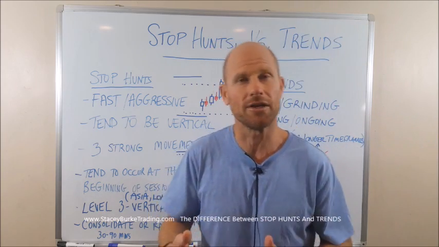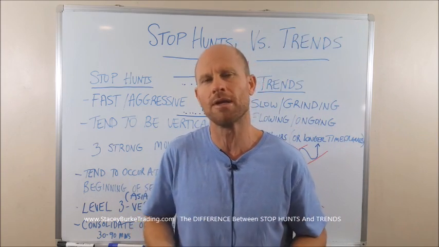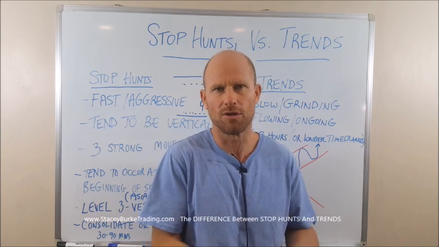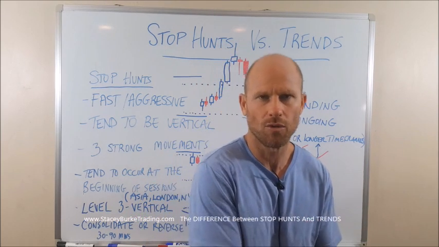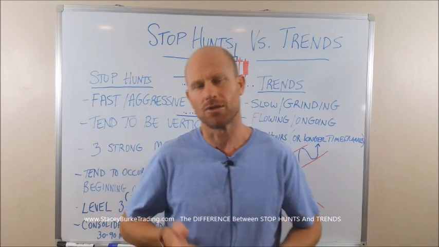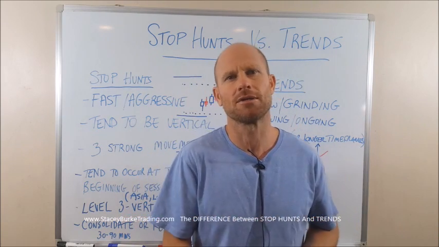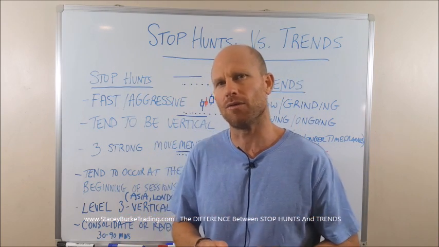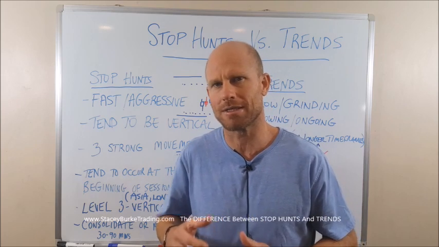And what I mean by that is that if the market is in a downward movement, it might drop 12 pips and move up 10. Drop 12 more, move up 10. Drop 12 more, move up 10. So it's constantly moving in that direction, but it will often not give you really obvious opportunities to enter the